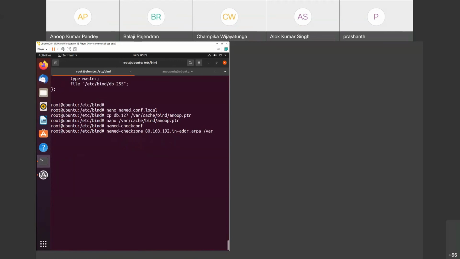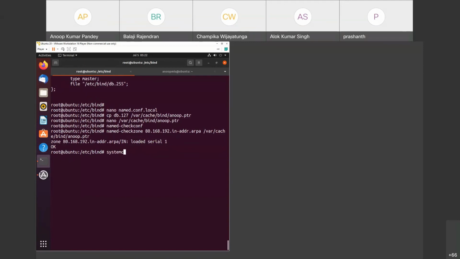So /var/cache/bind/anup.ptr. And it says that zone loaded with serial number 1 and it is okay. So it means my zone file is also correct.